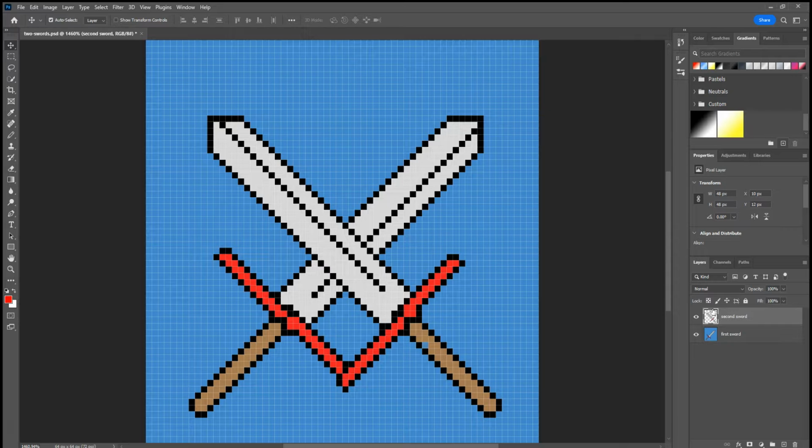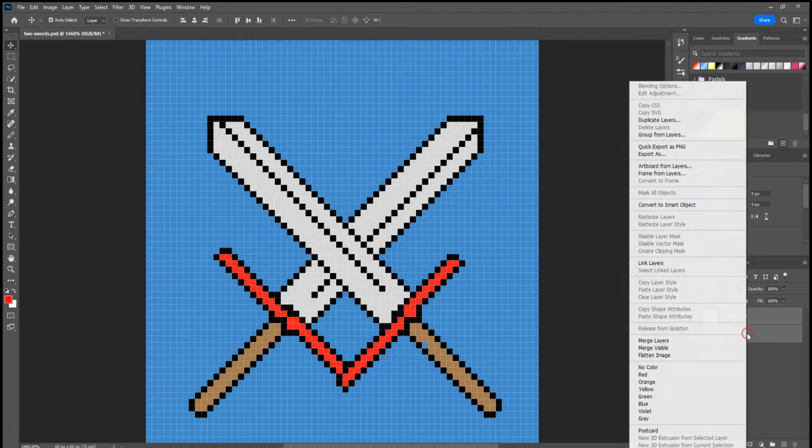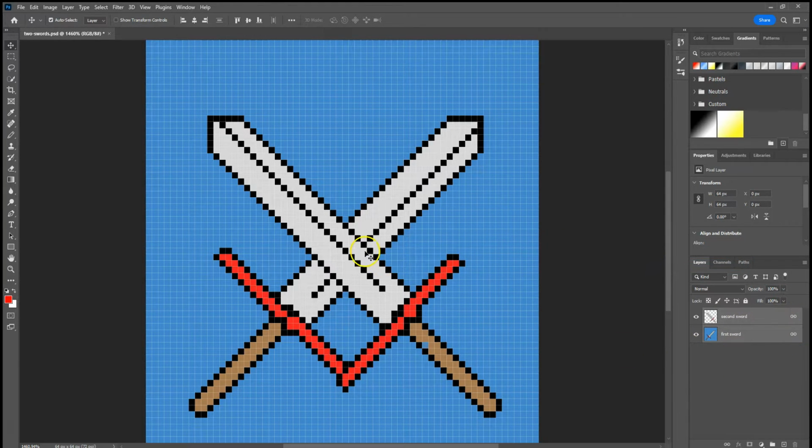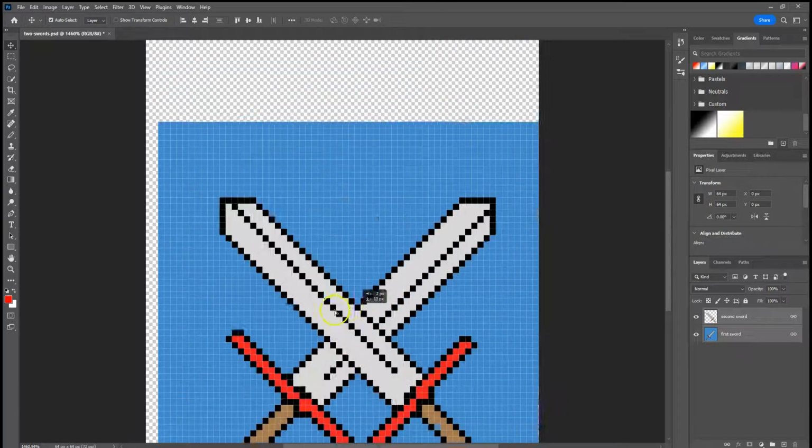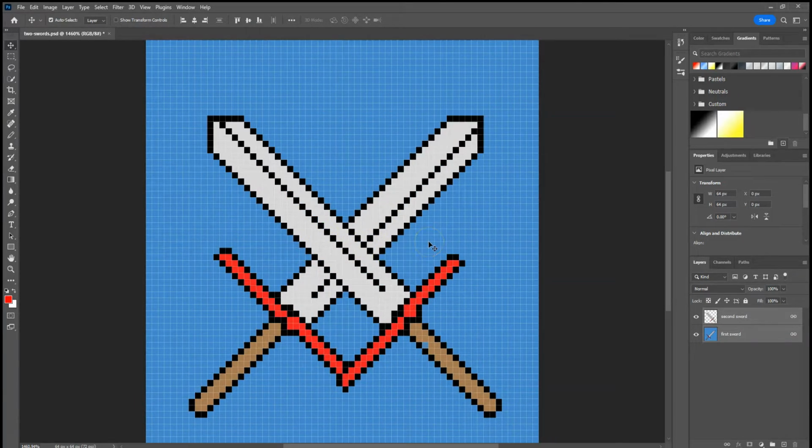So I would have to either A, plan ahead which sword I want to be on top, or I can do the same thing as I did before: come here, remove that background layer, and then create another layer that's going to fill, or I can leave it as such. Now, because these two objects are created, I'm going to link these. Just to recap how to link these, I'm going to hold down Shift, click on both layers, right click and choose Link Layers. And now I have linked these two layers. So now even though I click on one, you can see it moves the whole object. So there we go. We now have created a two swords object using our selection techniques that we did before, as well as bringing in some layer